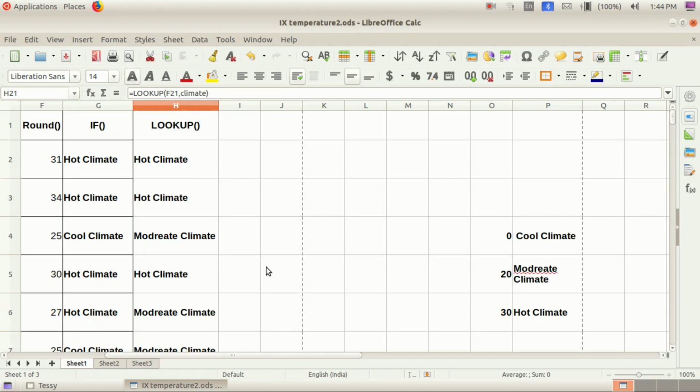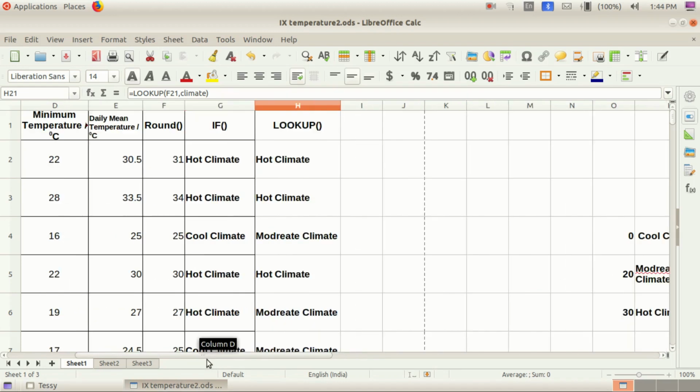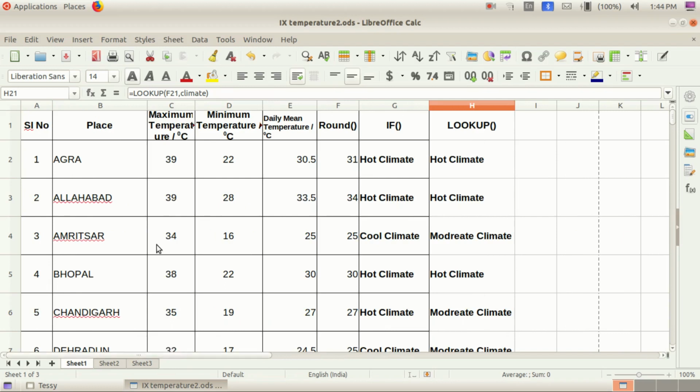Okay, this is the lookup chart. In the result vector what we gave, all of you read the textbook also if you don't understand. Next is classifying the data according to the different categories we got. That means we need to find out which are the places with moderate climate, which places have hot climate, etc. For that we need to add filtering here, children.